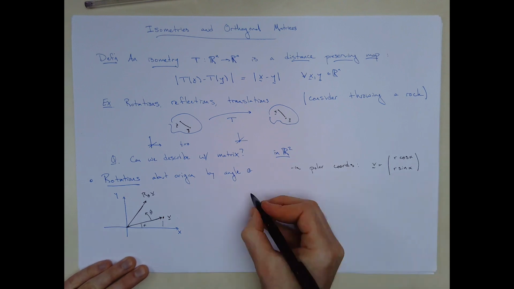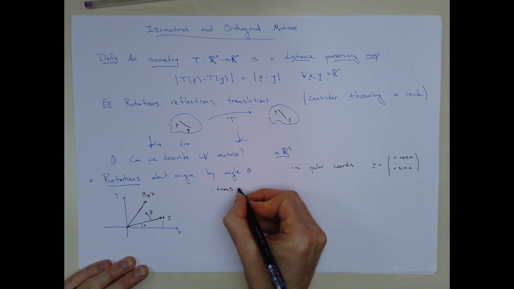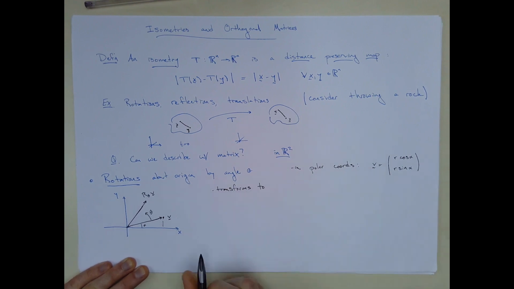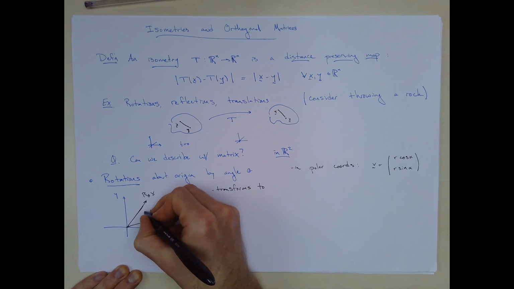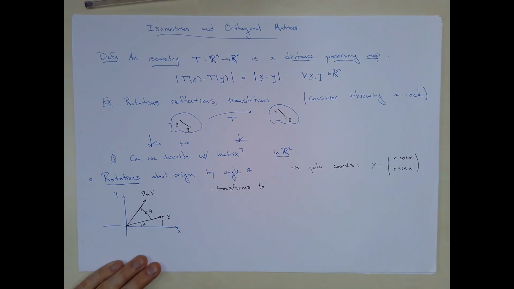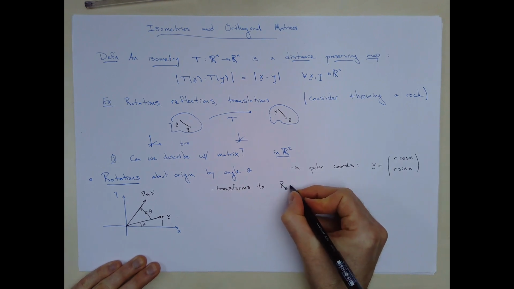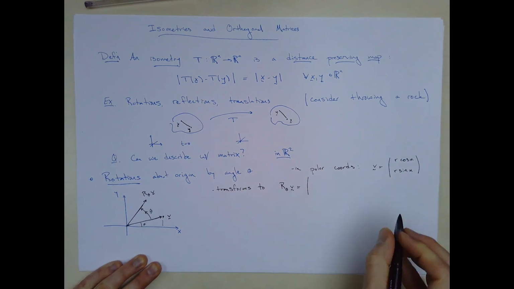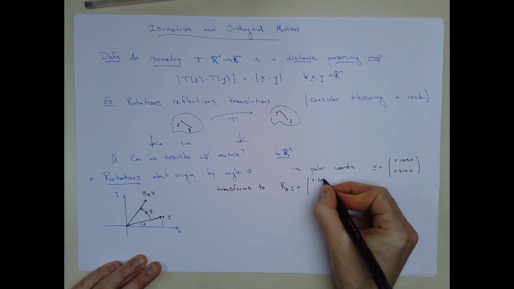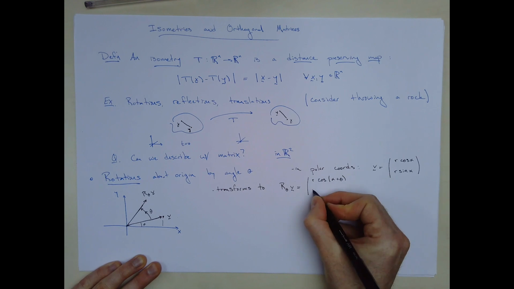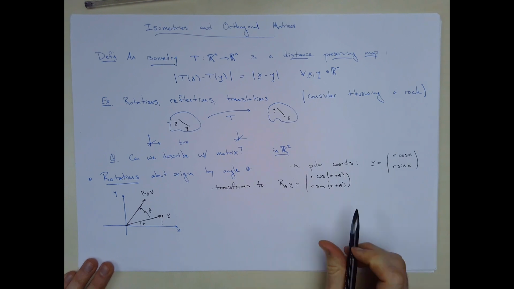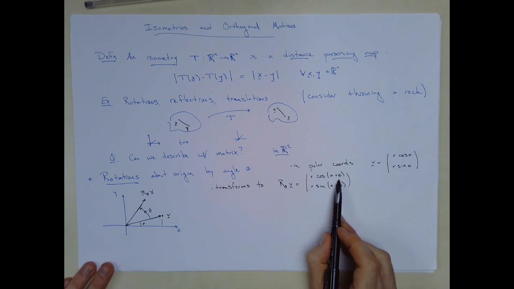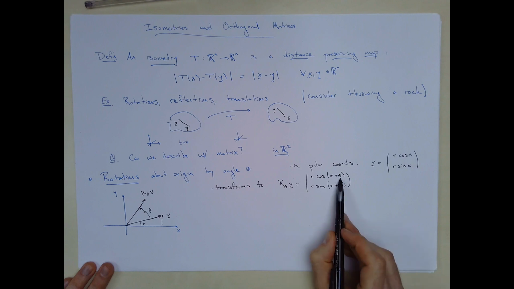And under this map, that point transforms to, well, all I'm doing under this map, and this is why this is a useful coordinate system, is changing the angle. I'm not changing the length, I'm only increasing the angle by an amount theta. So this transforms to the vector R theta v, which in this system is r cosine of alpha plus theta, r sine of alpha plus theta. Again, all I've done under the map is increase the angle by an amount theta.